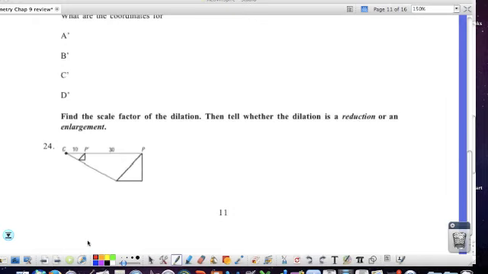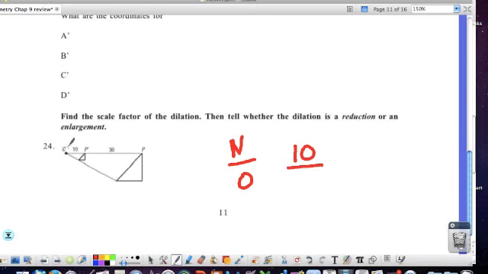So for number 24, I want you to remember that you want to put the new over the original. C to P prime is the new length, so that's 10. You just want to make sure when you do the original length, it's